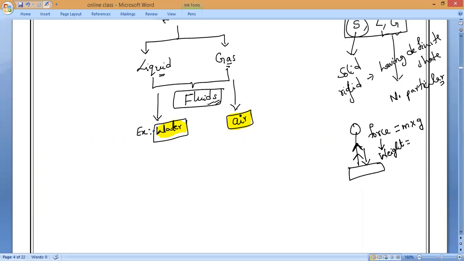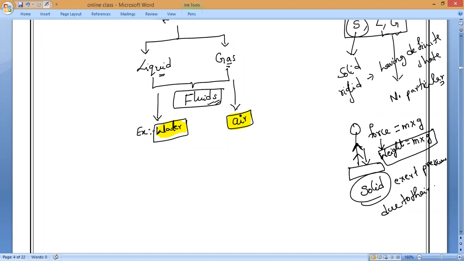What is it known as? Weight means mass into acceleration due to gravity. So, every solid object, all of you please remember, every solid object exerts pressure due to its weight only. Note it down. So their weight only is their pressure. If you notice, fluids also exert pressure due to their weight, but you